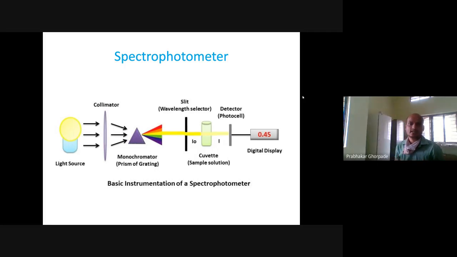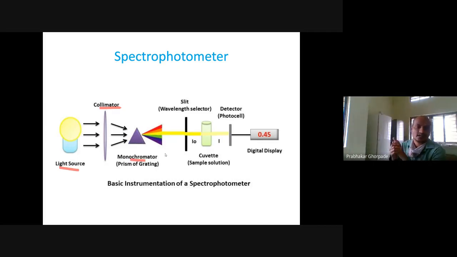So in order to identify the normal level in the serum, we have the equipment we call a spectrophotometer. The name itself suggests that spectro is related to light, and photometer means the light quantity is directly measured. So what we have is a light source here. It is passing through this collimator, and now we have this monochromator, and this monochromator is splitting light into its individual colors.